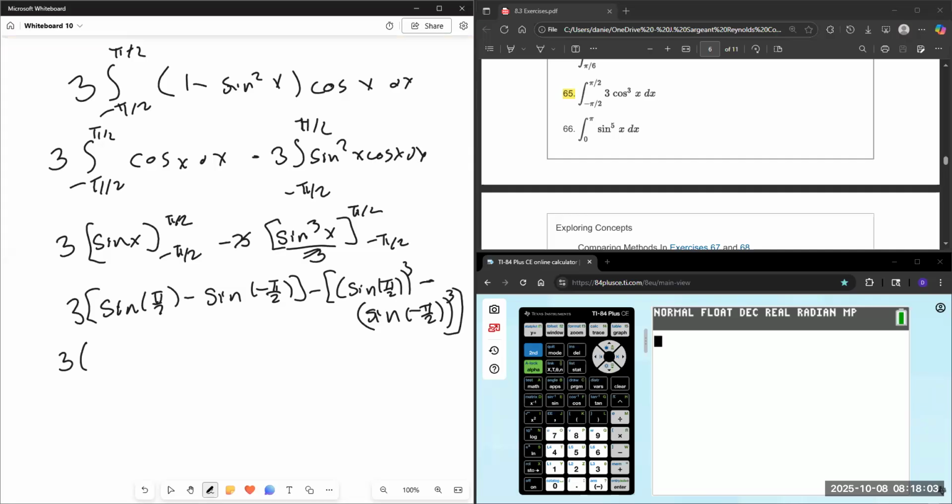Sine of pi over 2 is 1, minus sine of negative pi over 2 is negative 1, minus sine of pi over 2 is 1 minus sine of negative pi over 2 is negative 1. So this is 3 times 2 minus